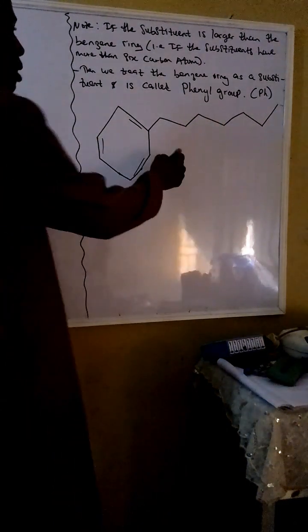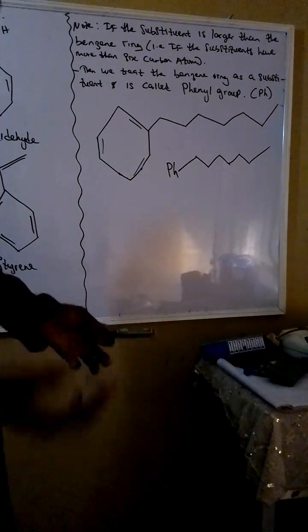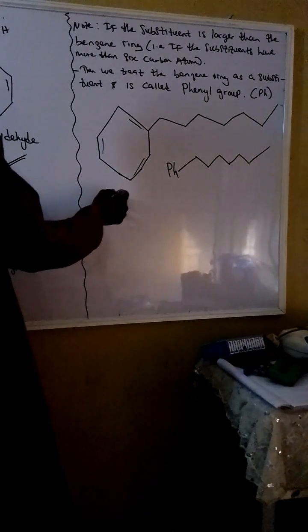Do you get what I'm saying? And they usually indicate it at times with Ph. That is, you can have something like this Ph, then you have 1, 2, 3, stuff like that. So just put Ph. Each substituent depends on the amount of substituent that you have there. We only have one here. This will give us one